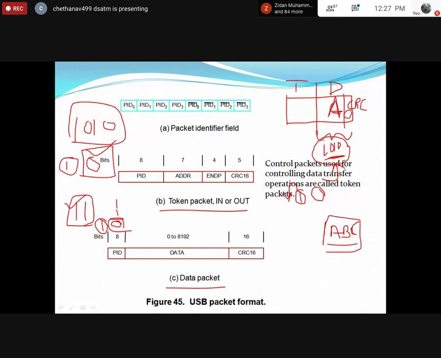So along with this data, I'll write it here one more time. This is my data. Along with my data 1, 1, I'm going to add the CRC code 0 now. I will send it to my destination node. So what will happen during my transmission? Somebody may alter the data. Assume your data is altered: instead of 1, 1, your data will be 1, 0.